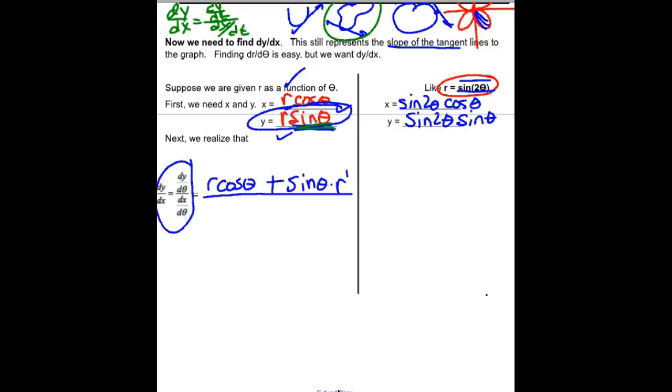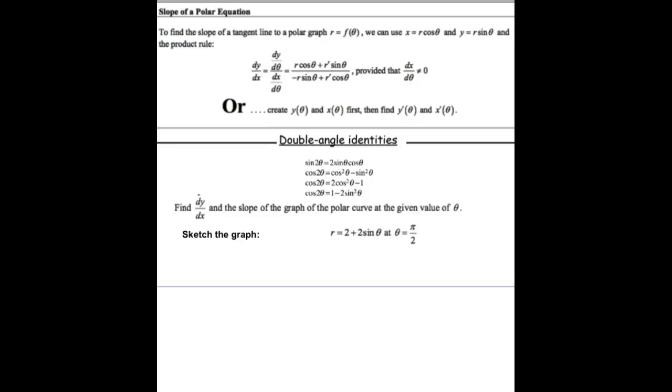On the bottom, I do the same thing. I do first, in this case, it would be r, d second, plus second, d first. And that's the formula. But who's ever going to remember that? So you'll notice over here on the next page, I have that formula written right here. And you can go ahead and use it, but I would be pretty certain that you're not going to remember